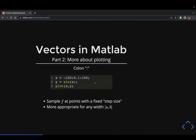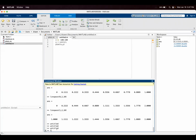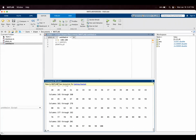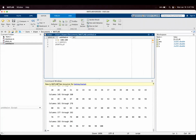There is another workaround: we can define vectors using this colon. So same bit, I go -100 to 100. I'll even show you this in the command window. And I get 200 points between -100 and 100 because I haven't specified a spacing here. If I say the spacing is 0.1 with that second entry in the middle,